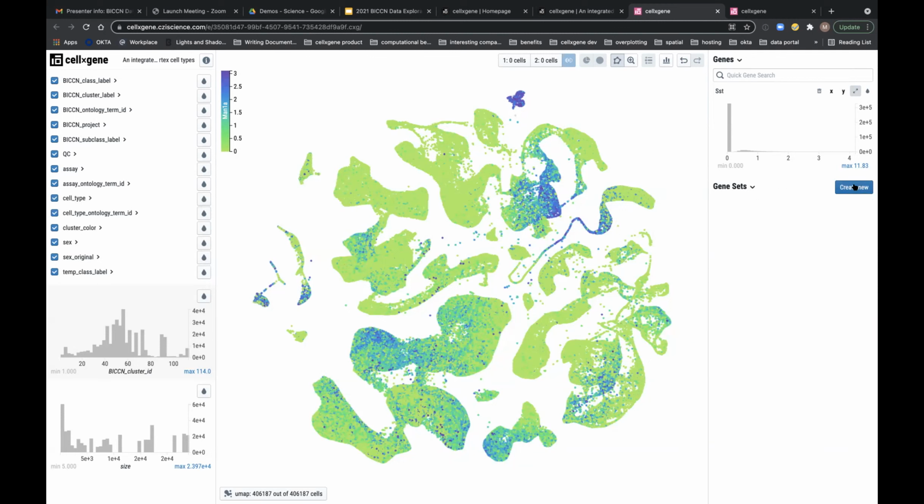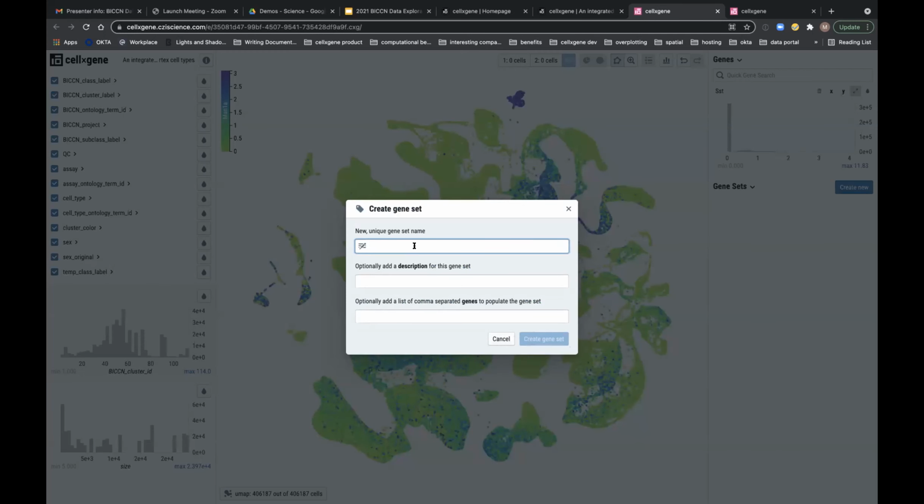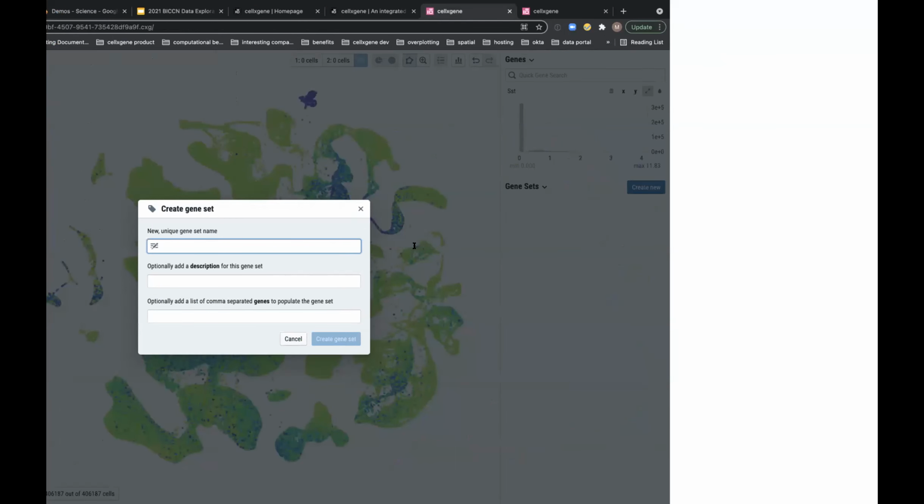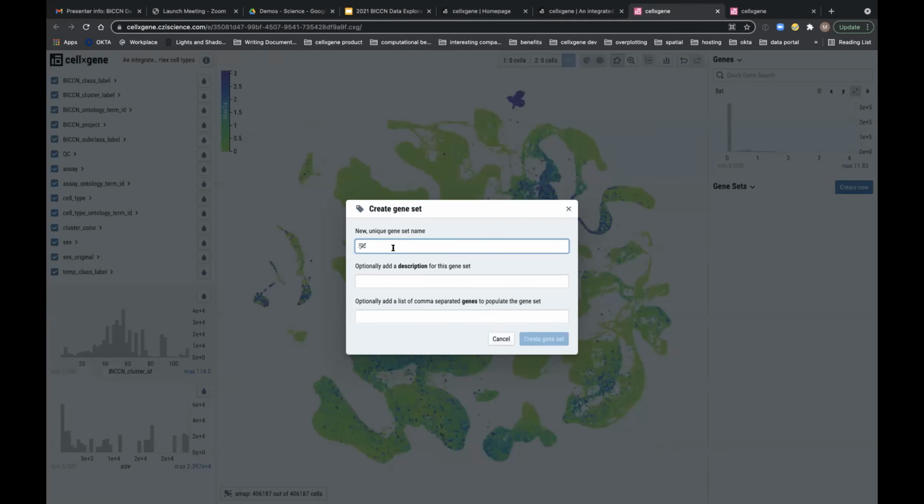And under this gene sets toolbar, there's also this gene sets section, where there's a create new option. So here I can create a totally custom gene set. I don't need to run differential expression to get a gene set. The particular list of genes that I've chosen are supposed to be good markers for oligodendrocytes. So if I can spell today, then I'll go ahead. Well, I'll just skip the description, and then I'll add in these genes. This is a comma separated list of genes, which hopefully are good markers for oligodendrocytes.